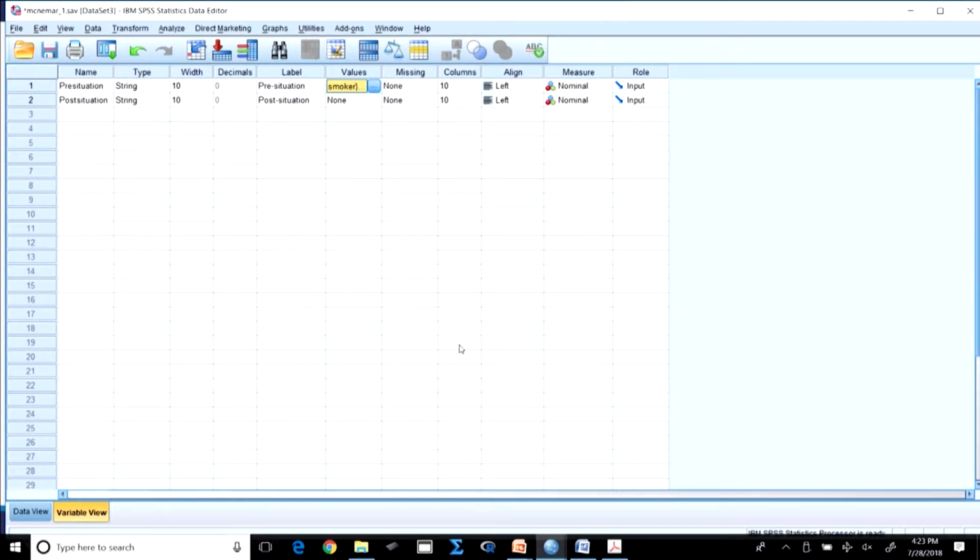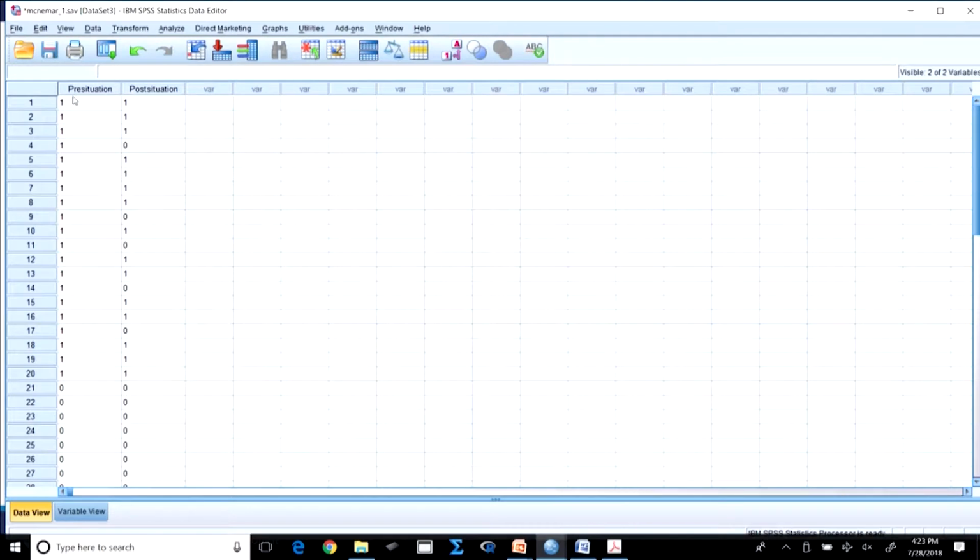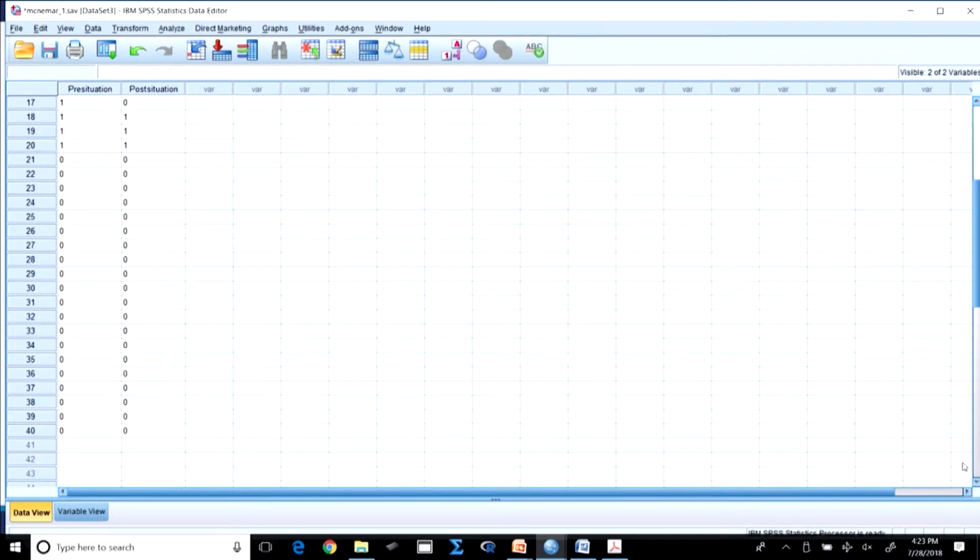How does it look in the pre situation, that means before the advertisement, what was the condition. So, let us see the data. In the pre situation you can see 1 were smokers. So, these were all smokers, and these are non-smokers. As you go down, these are non-smokers, 0 0 0 0, all are non-smokers. And after the advertisement was shown to them or the treatment was given to them, he is a smoker, continues to be a smoker, again a smoker, but somewhere here you see it is a smoker.